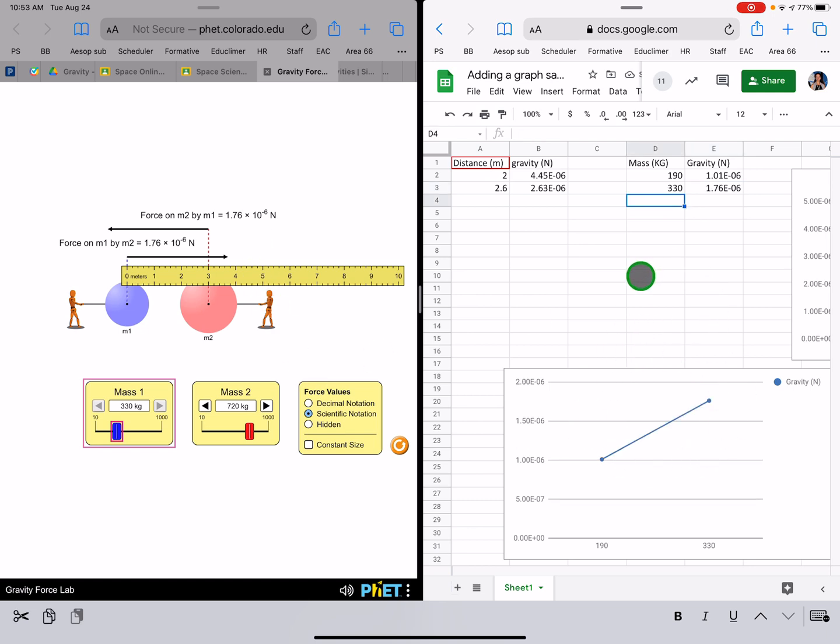So you need 10 data points on either mass or distance. And on that, your instructor might have said do one or the other. Your instructor may have said both. So just make sure you're following your instructor's directions on that part. All right, warriors, have fun graphing, and